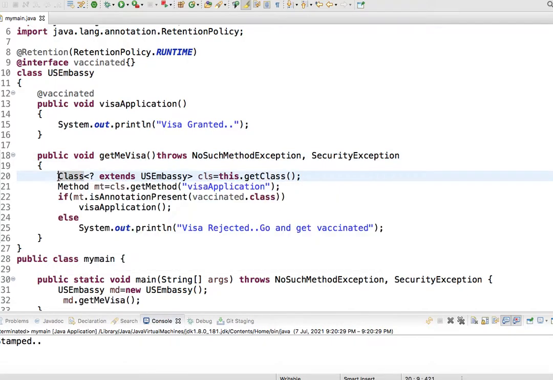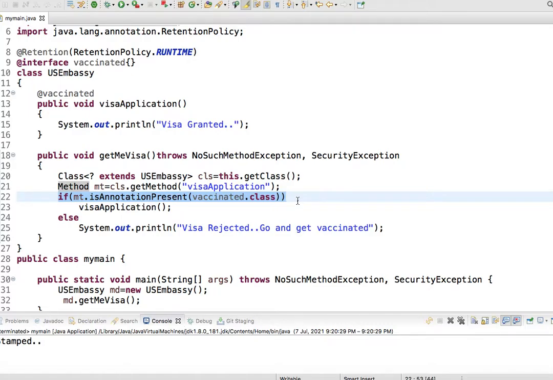Then inside it, by using the reflection process, I am trying to find out the class which uses this Vaccinated marker annotation. So I got the class, then I got the method over here. visaApplication is the method name I have supplied. Then I am trying to find out, is it annotated or not. Means the method named visaApplication, is it annotated with the Vaccinated annotation?